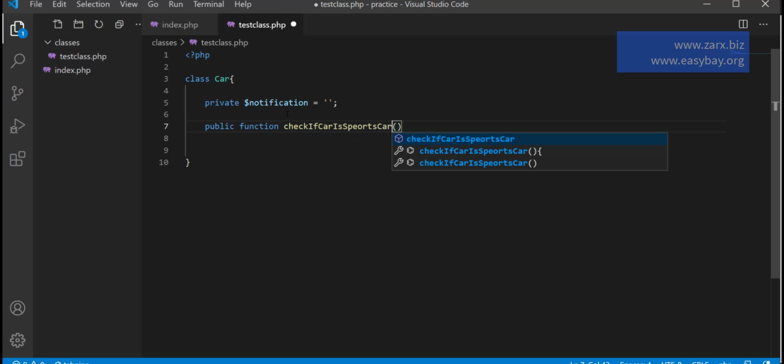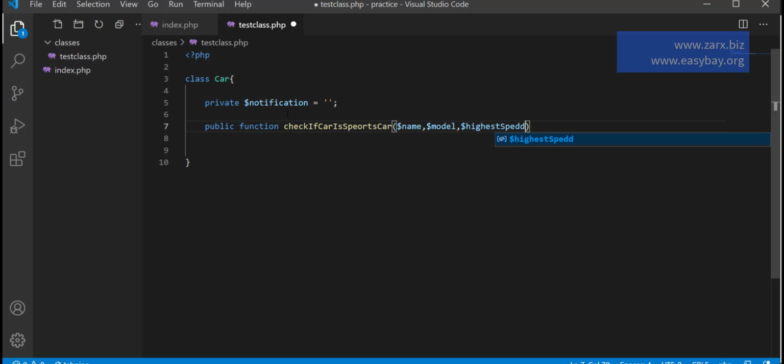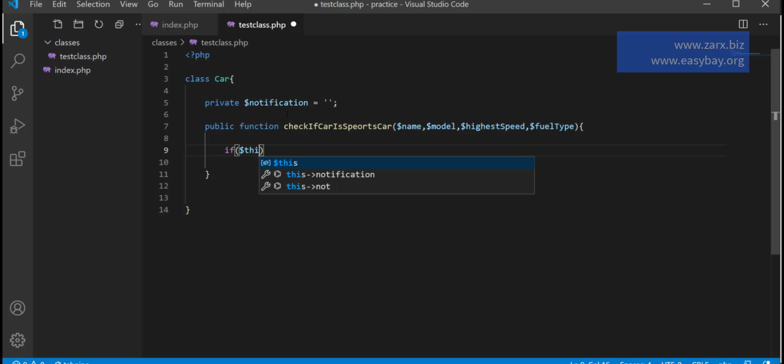Now I'm going to create a public function in car. So we're going to check multiple cars. This function is going to identify which car is a sports car, which is not. So what are we going to do? We're going to pass a few parameters here. So I'm going to say $name, and then I want the model of each car. So then we need the highest speed, and we need fuel. Now I will only set here a condition, so I'll say if $this, sorry,